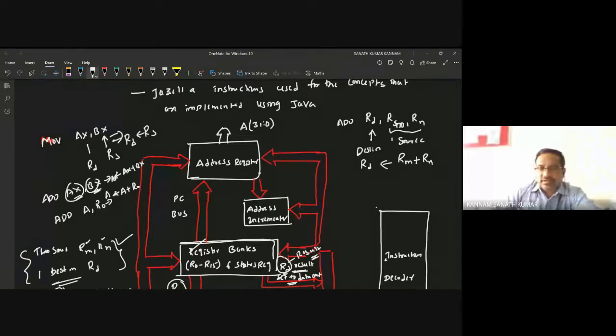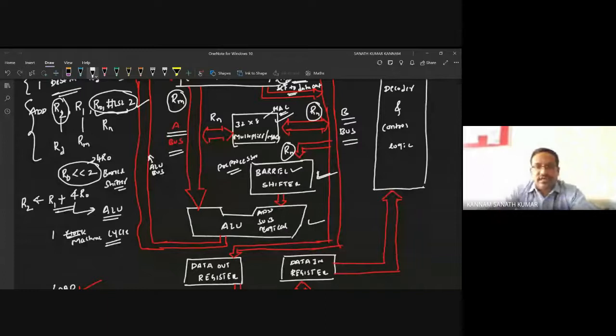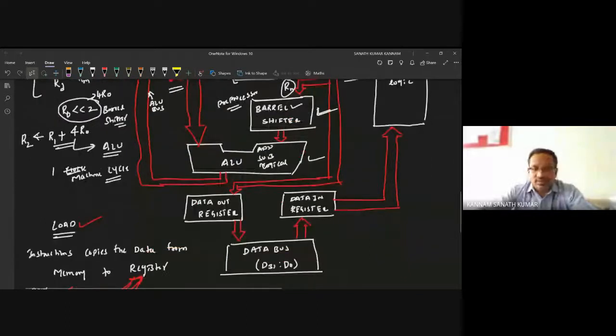So you can pre-process, as I told you in this example. Pre-processing means that within an instruction you can perform whatever shifting operation is needed. The barrel shifter takes care of that shift operation. The barrel shifter can shift left or shift right any number of times, depending on the number you give in the instruction. So this is about the architecture of ARM.